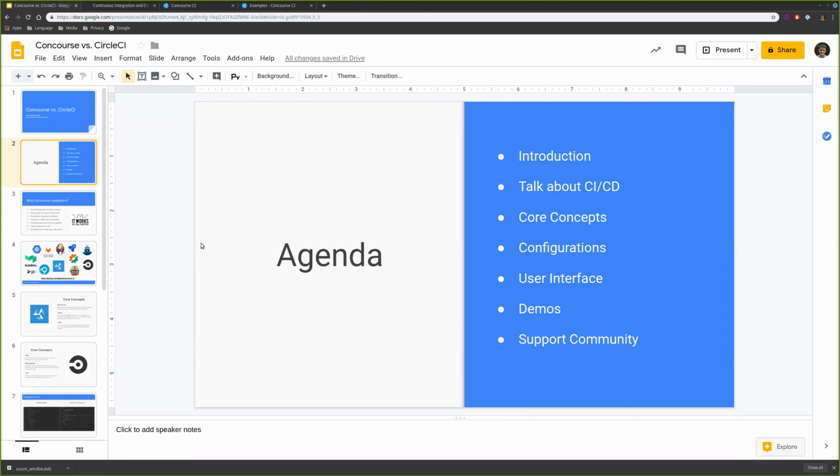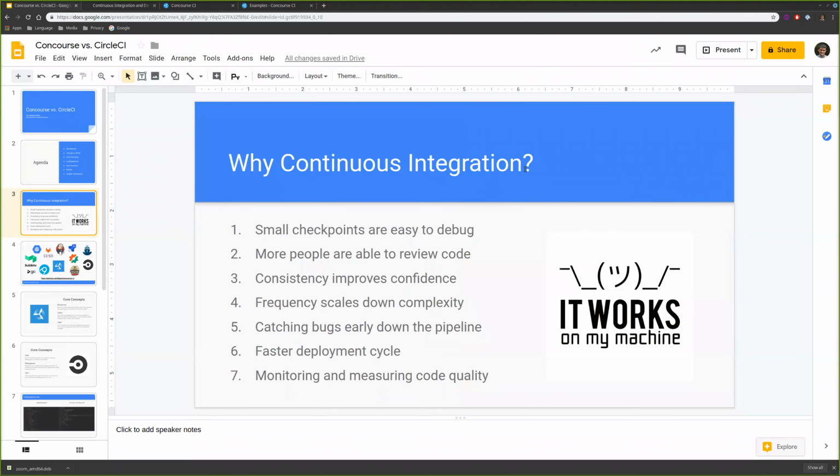Okay, so let's go. Continuous integration. Why the hell do we need it? There's a whole bunch of different points, but I listed 7 of the ones that I personally care about. Continuous integration has these days become almost a standard norm in pretty much every company, especially in small companies where you have a small group of people, but you really want to